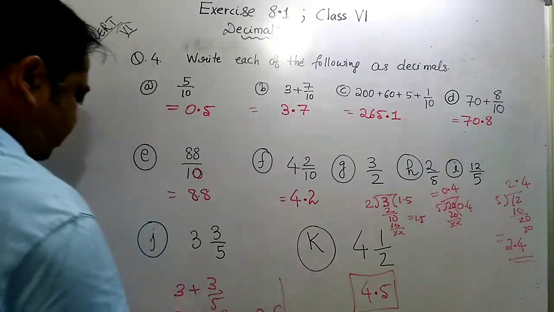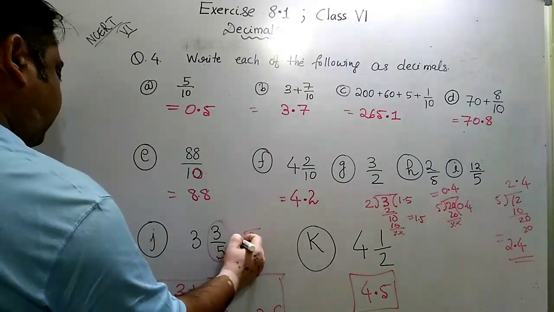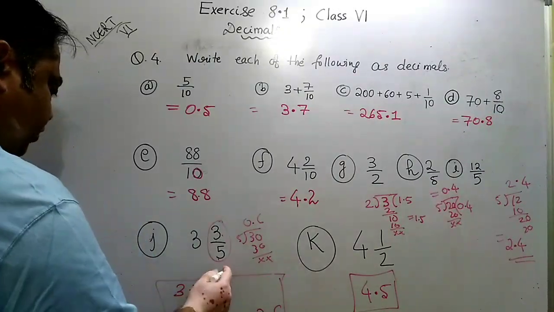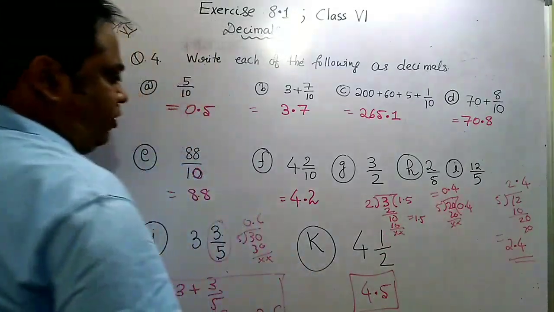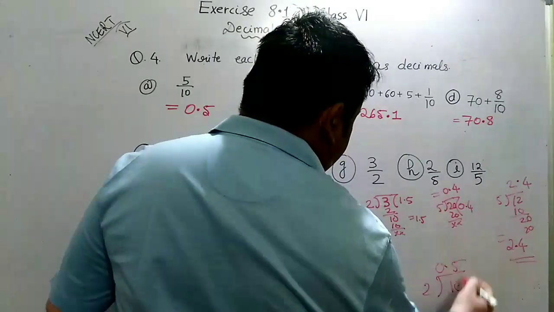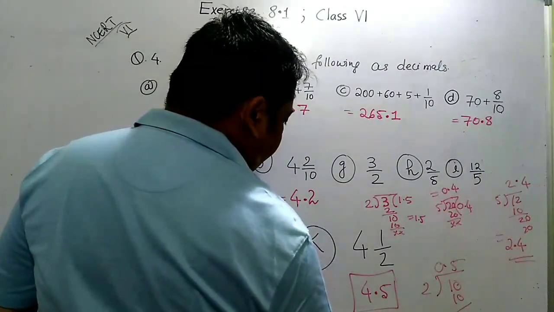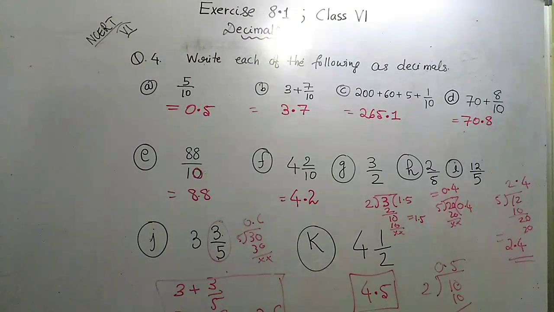This is one method. We can also convert this by division method. See, 3 and 5 here, 0.6. So for 3 by 5 we can write 0.6. In both ways we can do. 1 by 2 we all know that is 0.5. But if you want to see, you can see like this. 0.0 and 5 times 10. So 1 by 2 can be written as 0.5, so it will be 4.5. So I have repeated it twice. You can see it by pausing and going back and seeing it again once. Since it is new for you, you will need to do it once so that you can practice and learn it.